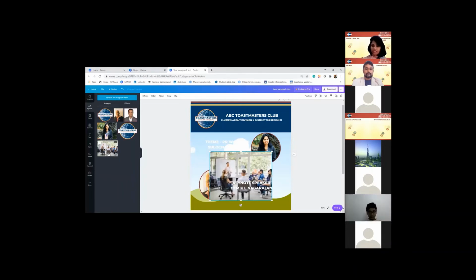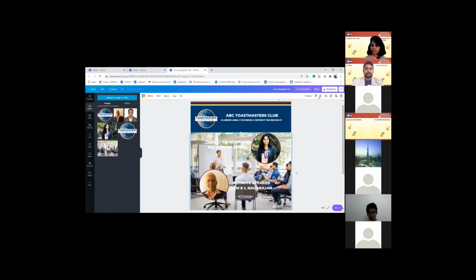Now I can't see the text written. How do I manage that? There's a nice feature on the top right corner which says transparency. Click on transparency and it shows 100%. Do you see the transparency on the right corner? Yes. Now we will reduce the transparency so that the letters can be seen. I'm going to reduce it. Let's make it 20.